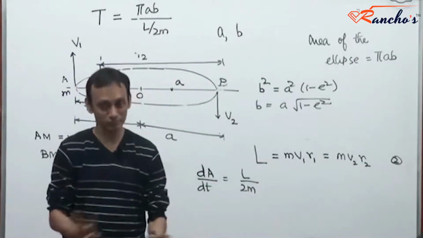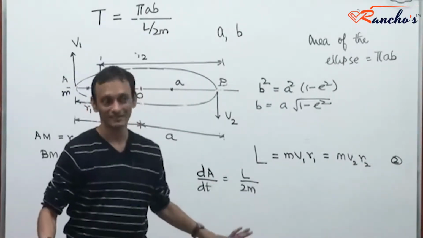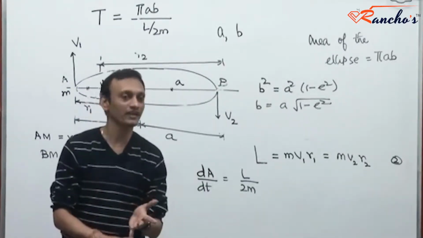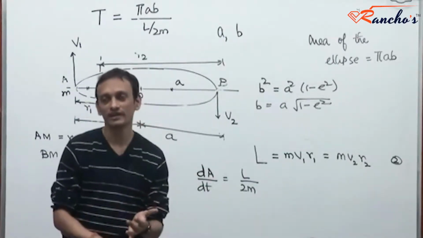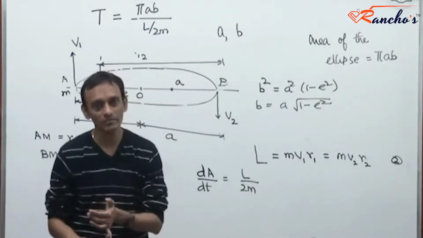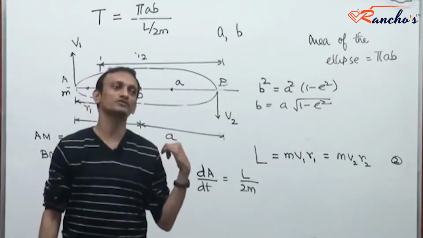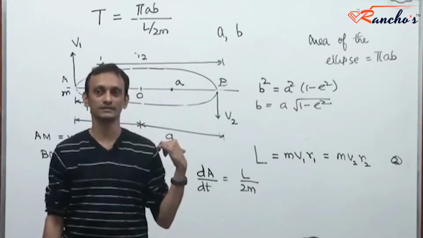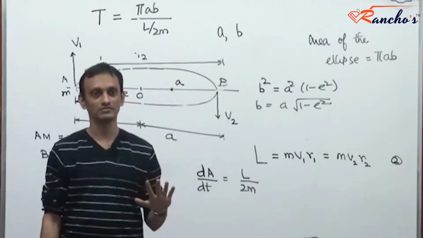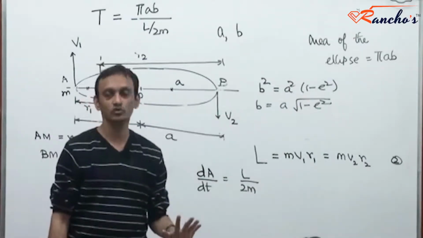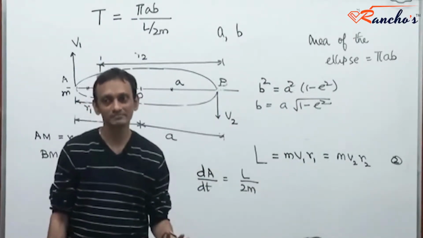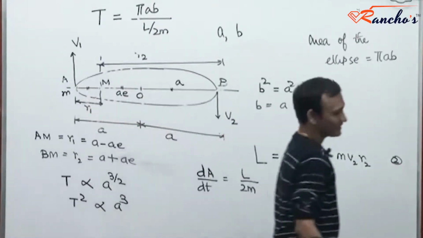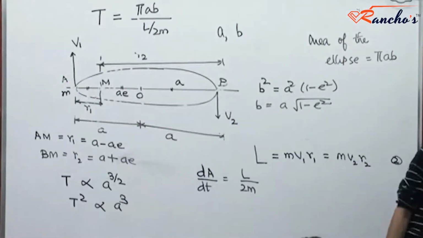This is all. You've understood everything about Kepler's law? The law of areas, the fact that the sun is at one of the foci and an elliptic path is described, and then the square of the time period of revolution proportional to the cube of the semi-major axis. So, no confusion, no qualms, no issues. Now,